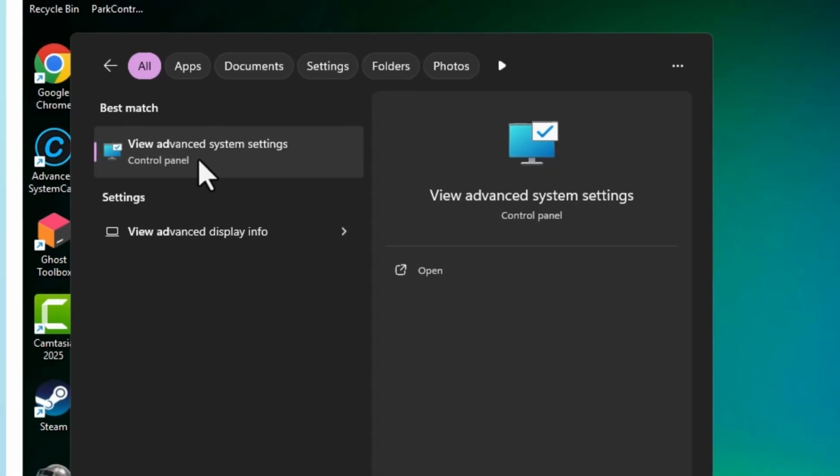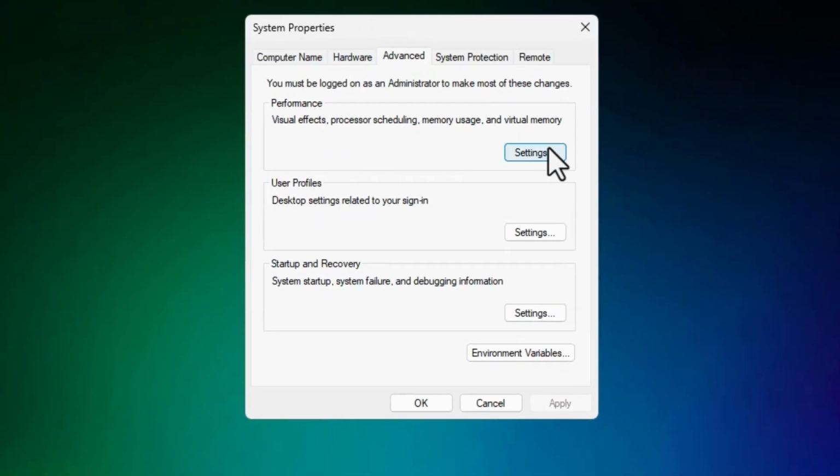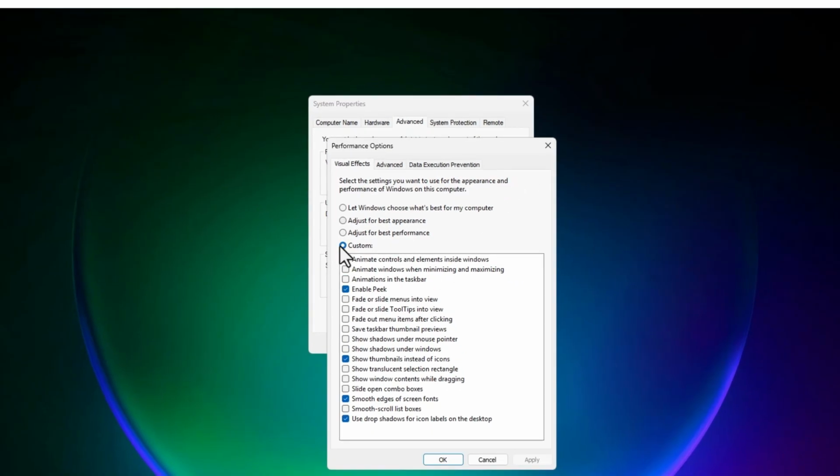As you can see, just click on that and click on settings from here, and you want to change to custom, and make sure you uncheck all these marks here, except peek, show thumbnails instead of icons, smooth edges of screen fonts, and use drop shadows for icon labels on the desktop. Alright, once you've done that, just click apply and move to the next section, which is